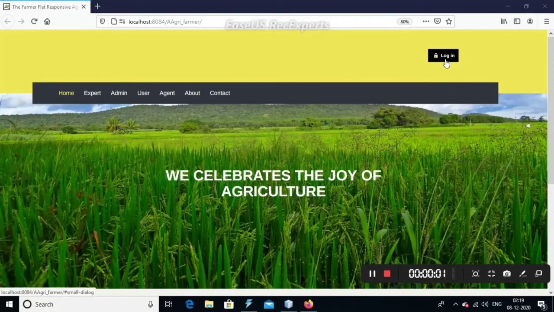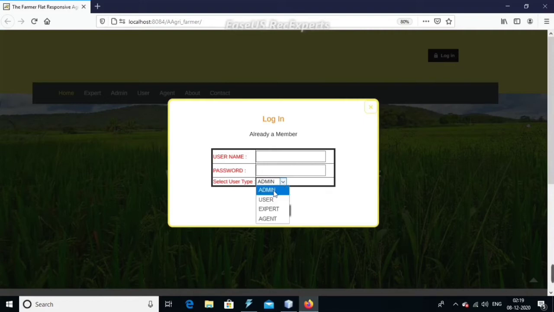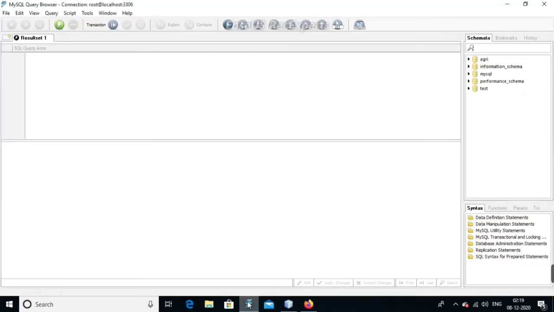I don't want to waste my time on registration, so I directly go to login and enter a username and password, and to select a user type there are admin, user, expert, agent, and here I am going to click user. For the authorized username and password, I go to the MySQL query browser and select agri.